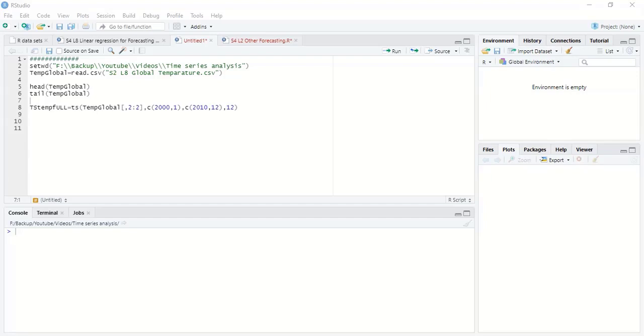As usual, I have created a time series variable accounting for the full dataset of a global temperature dataset. Before we go further, we have to create a data frame in order to use these functions. In this data frame, we have to use the first column as the time series, which are the temperatures, and in the second column, we have to convert our time series data into numerical values, which means that our dates should be represented in numerical format. Therefore, we can define a new data frame